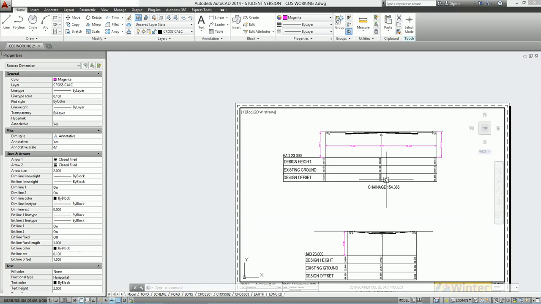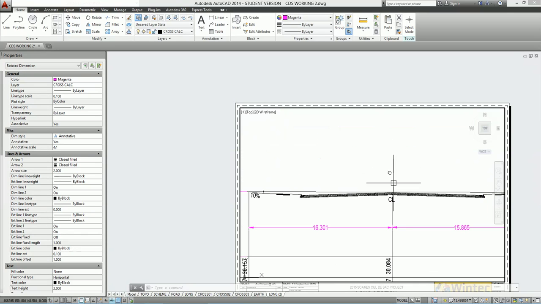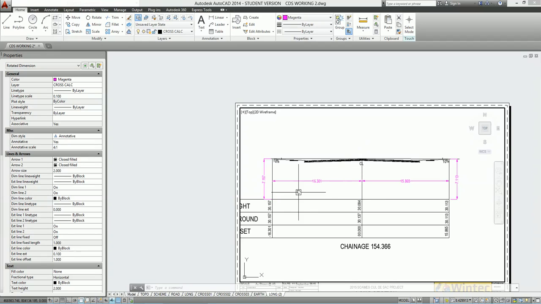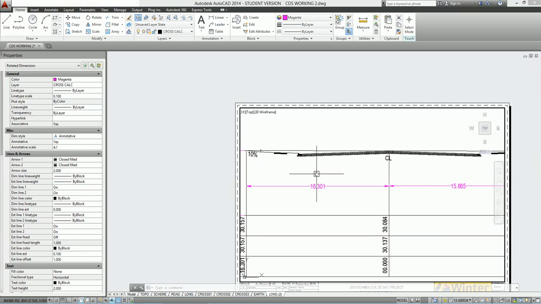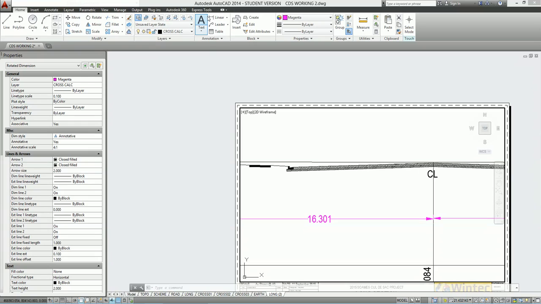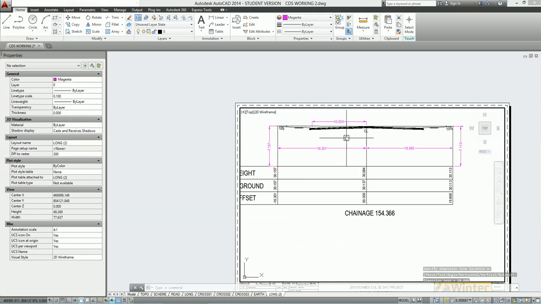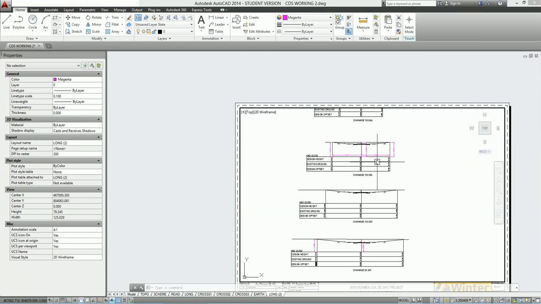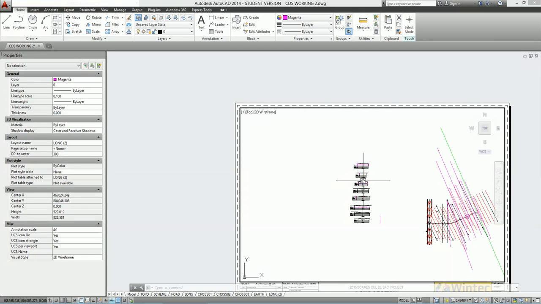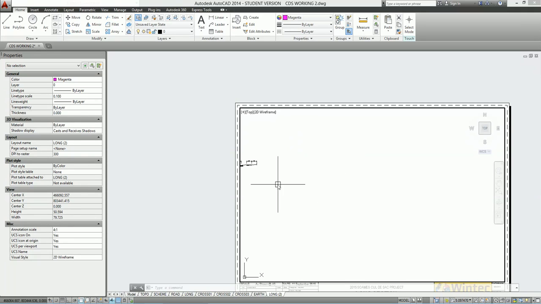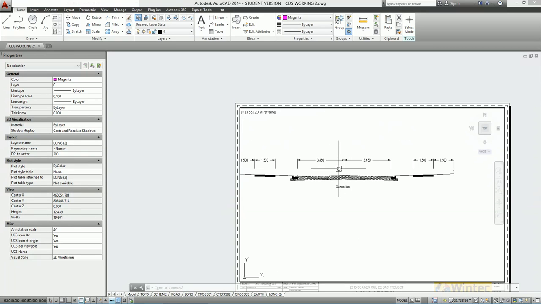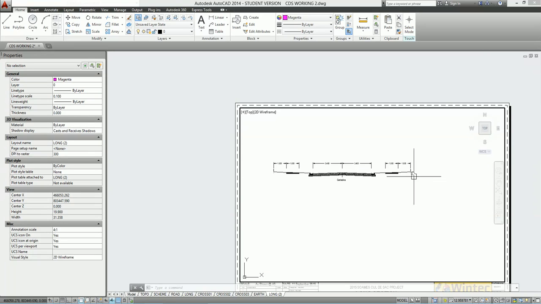Just of note in this last one, this is chainage 154.366, and that one there, that's through the cul-de-sac head. So I've had to adjust the cross section here to get the 10 metres of width that we get from the centre of there to the lip of the channel, the 10 metres there for that particular one. The rest of all of the other sections, they all just use the typical cross section, so it's just a matter of either making the typical cross section here, just copying that, and then adding the 10% batters for up or down, but these are all up from the boundary, just adding those in